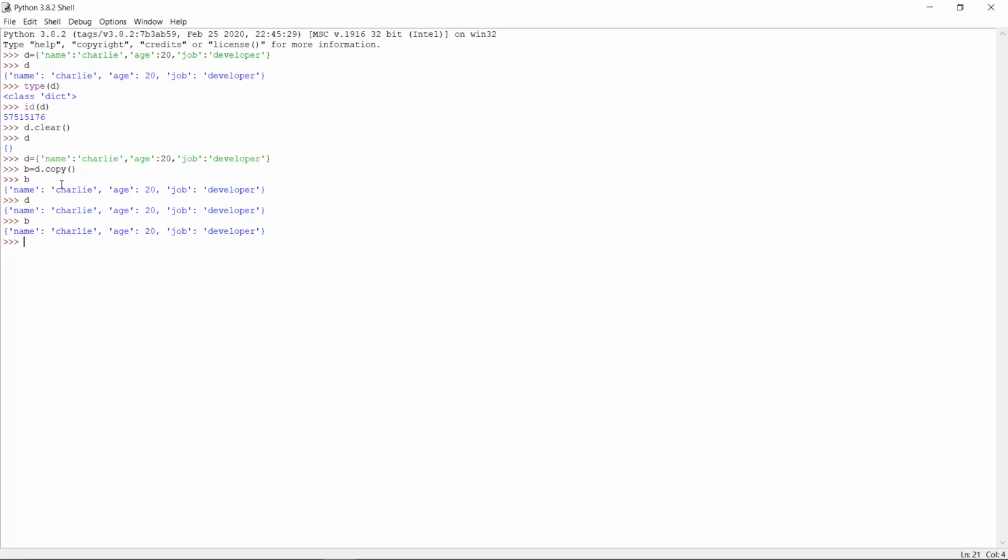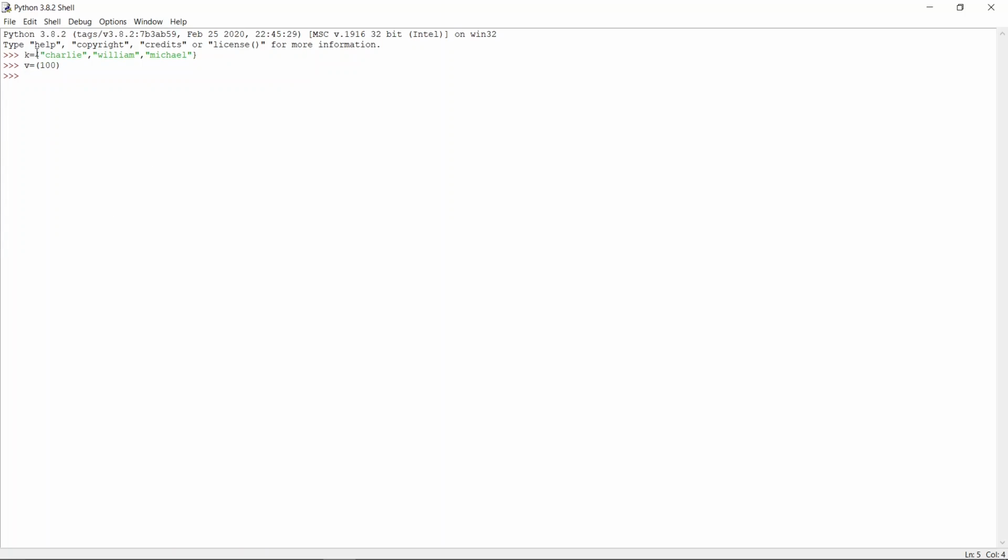Let's see what is next. Here I can take two keys and values, or I can take three, but I can give one value to one key. I'm going to take another variable b. For the b variable I type d dot, control space, and here you can see fromkeys.